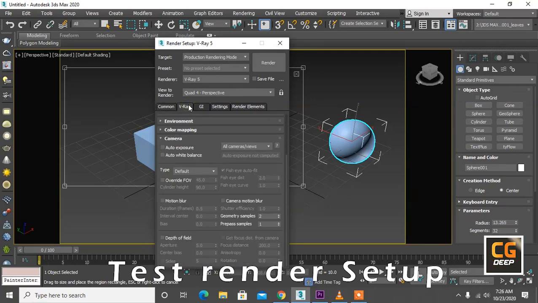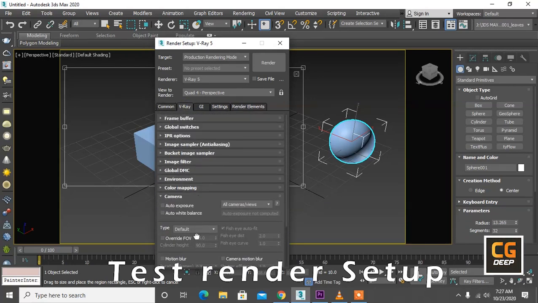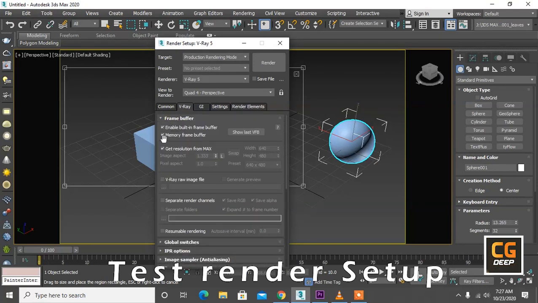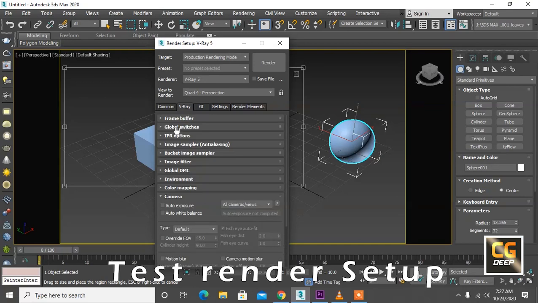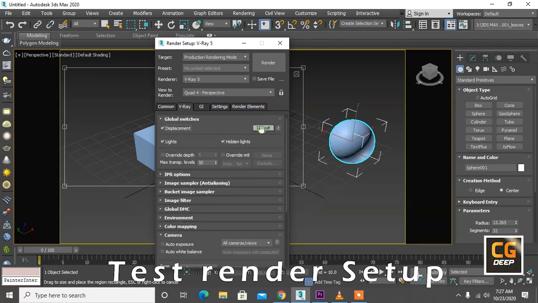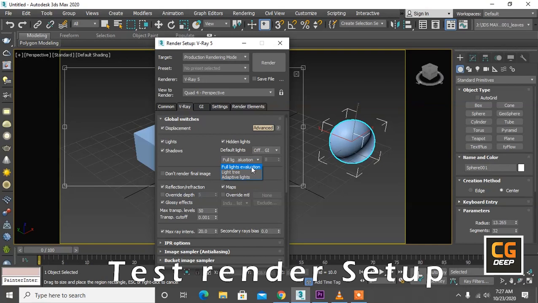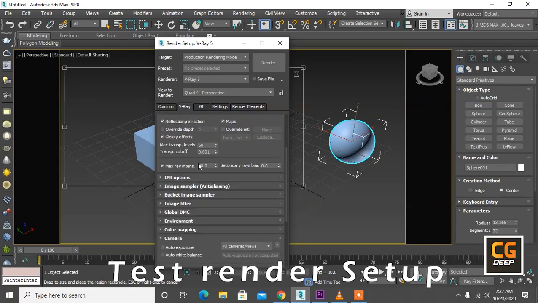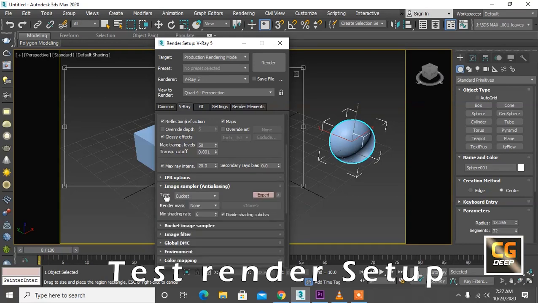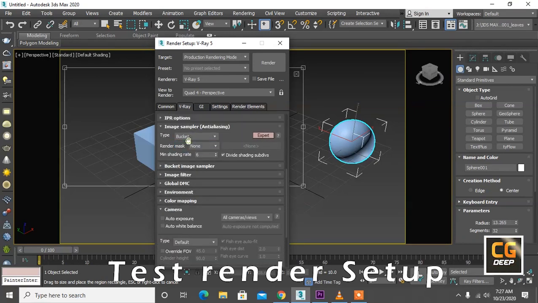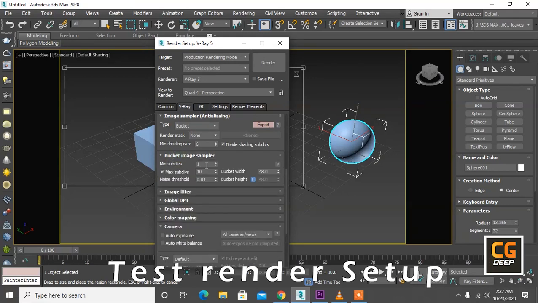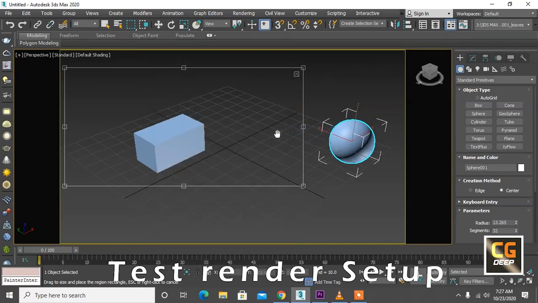And in V-Ray, I will select frame buffer, check built-in frame buffer, right? Then global switches, go to advanced and select full elevation lines, right? Then go to the image sampler. We will select bucket and bucket sampler. I will right click on Expert and set to default first of all.